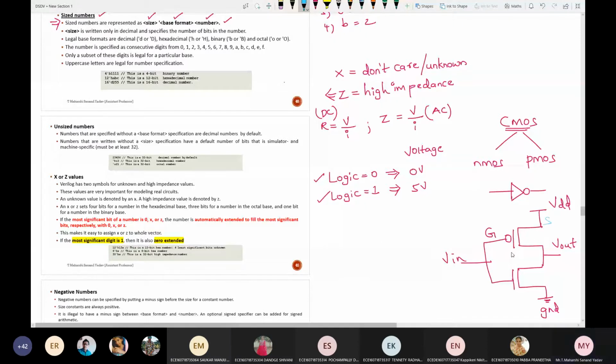And what about the arrow direction? Towards gate. I've told you some concept like this, so better you write P and P for PMOS, whereas NMOS is N, P and N. The direction of flow of current will be from P to N.